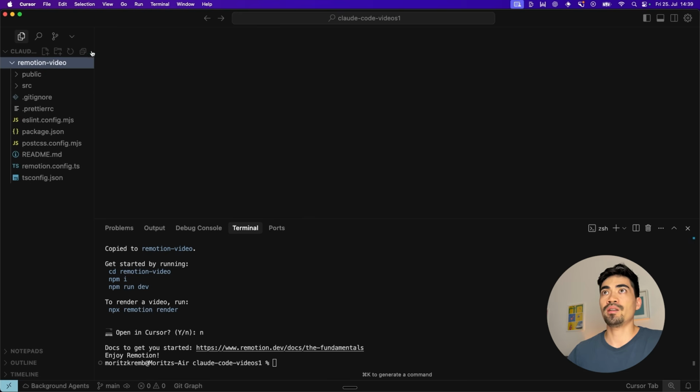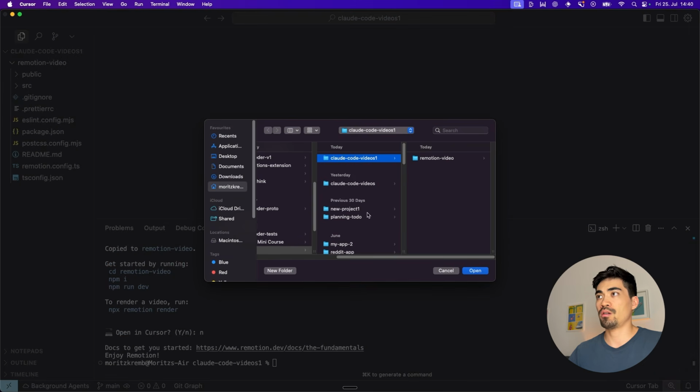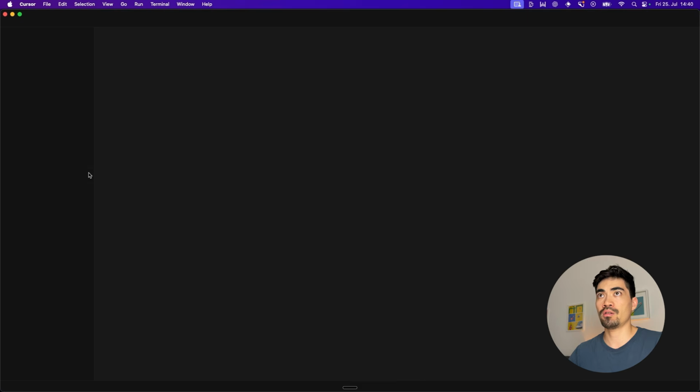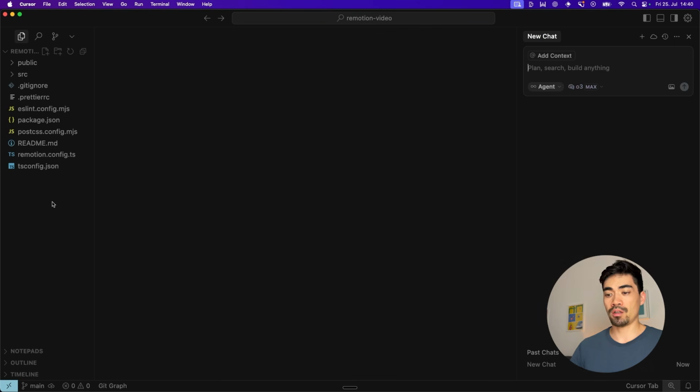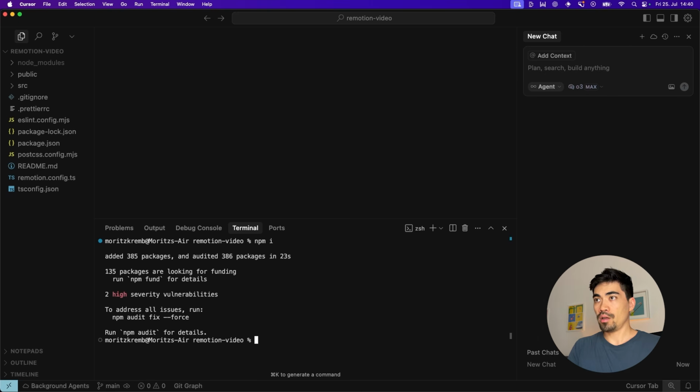Okay, now actually let's do this. This is going to be better once we actually start Claude Code. We're going to be opening up this folder directly in Cursor, because this way when we run Claude Code later in this folder here, it will be able to read the context better. So we've opened up this subfolder here, and now all we need to do is run npm i to install all of the packages. Okay, and now we can do npm run dev,